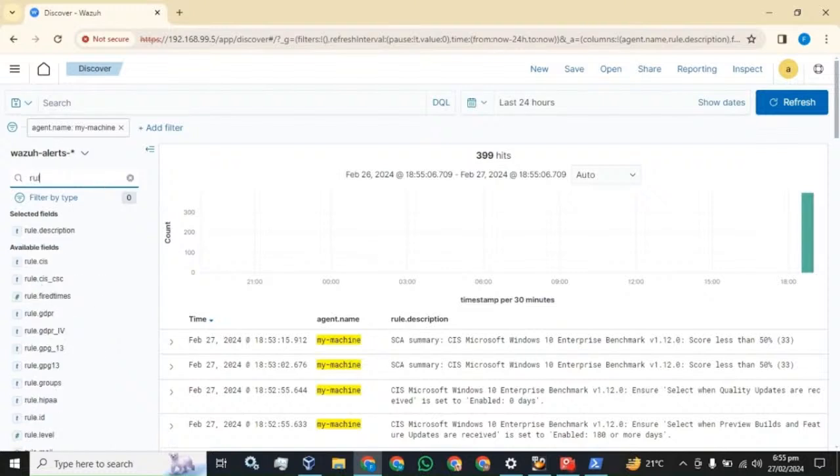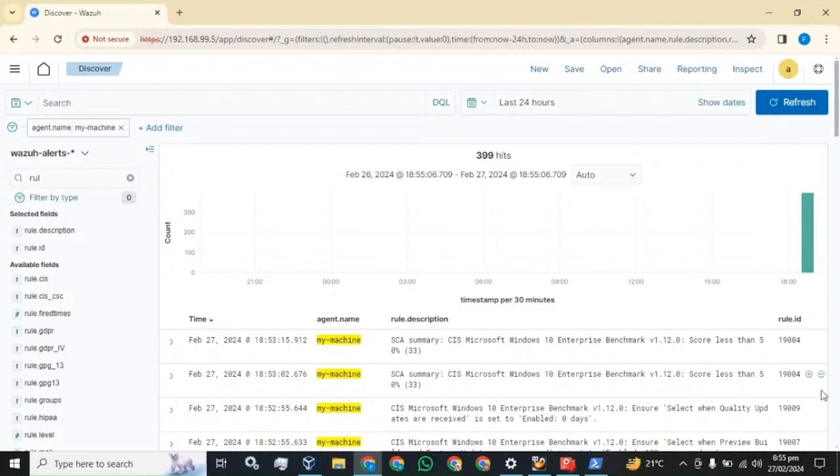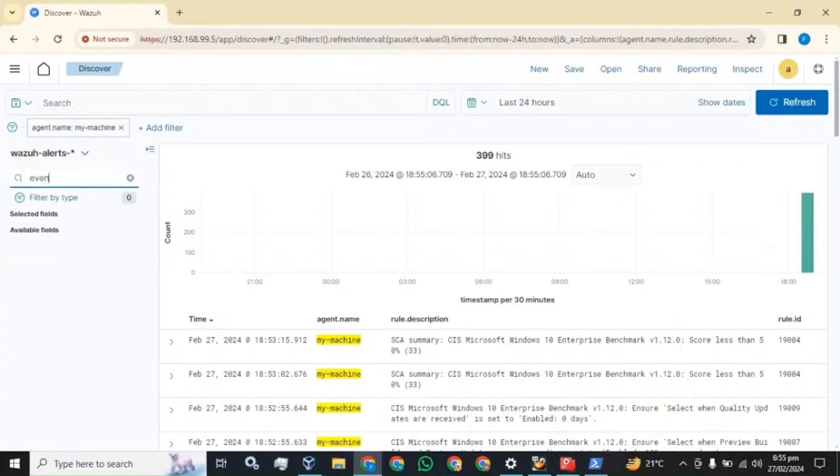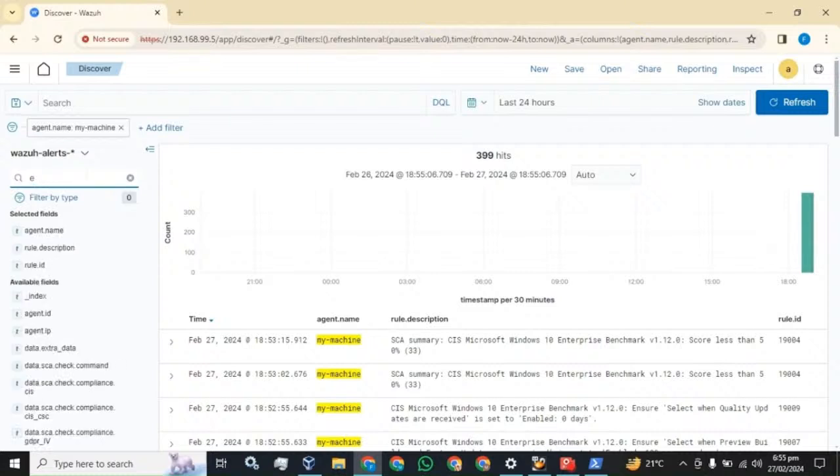Rule ID. Here comes the rule ID. Now the most critical one is the